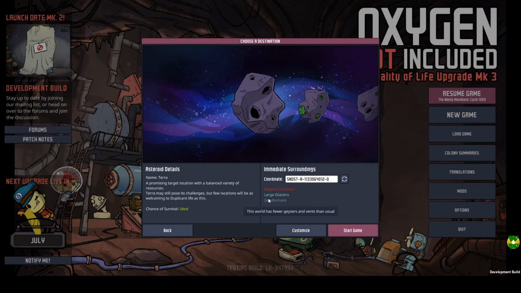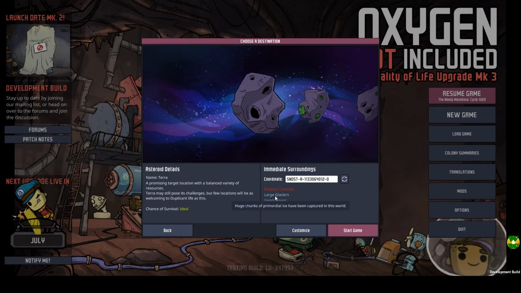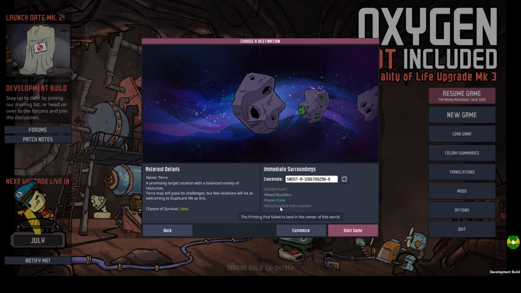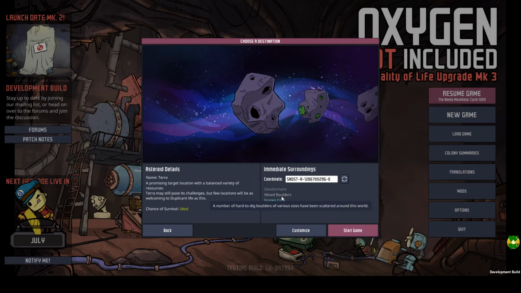you could have these sort of optional features to the world here that kind of highlight what the world has in it. So sometimes there's rocks. Interesting, there's a printing pod failed location. There's geodormant, which has fewer geysers and vents. There's boulders, which are chunks of obsidian that you have to dig through. Oh, you don't have to. You could dig around them, but if you want to use that space or go through that space, you have to do it. Frozen core as opposed to a molten core of magma,